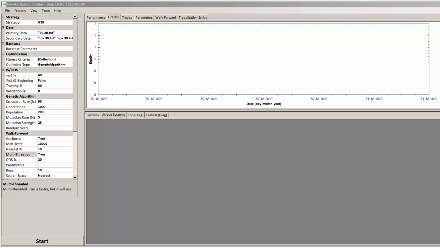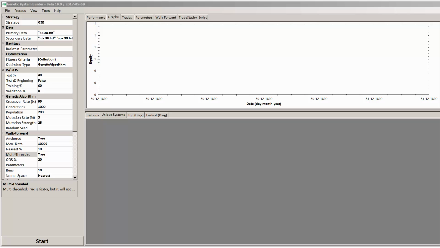Welcome to the first Trademaid GSB video showing the initial walk forward optimizer that's been built in. The great thing about walk forward optimizing the system is it gives you a great deal more idea if the entry technique or the system is valid, and that can all be done with the enhanced walk forward optimizer, but it's fairly time consuming from a human time perspective and CPU time. So this is going to take a lot of the work out of the system